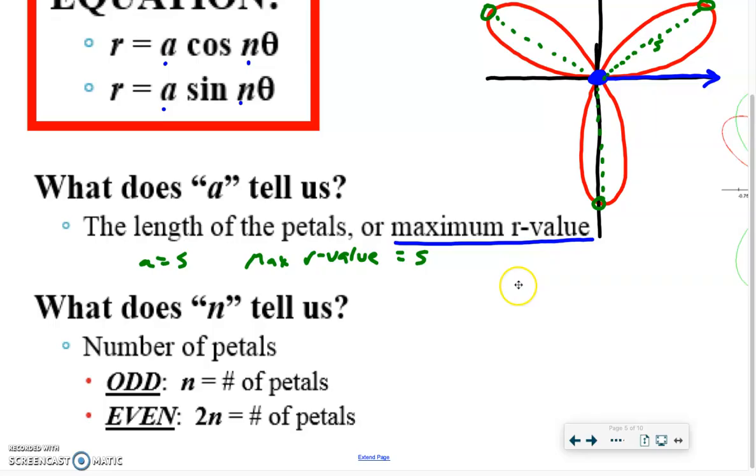Now, if it's an odd number for N, super easy, because it's that one-to-one direct pattern, okay? If N is equal to an odd number, that's exactly how many petals you have. So if N is 7, you have 7 petals. If N is 5, you have 5 petals. If you have 3 petals, what must N be? N's going to be 3, because, again, that's an odd number. But if you have an even number for N, you have to double it to determine the number of petals. So if N equals 2, you actually have 4 petals. If N is equal to 16, times 2, you have 32 petals. Not that we'd ever